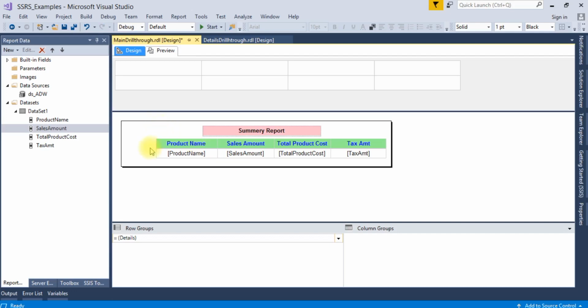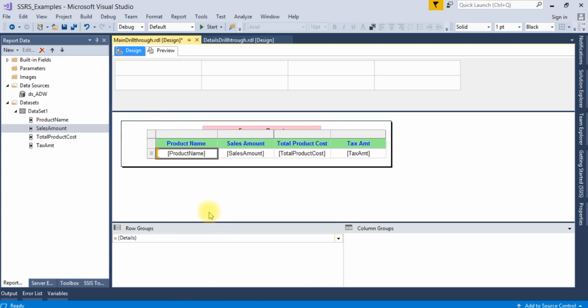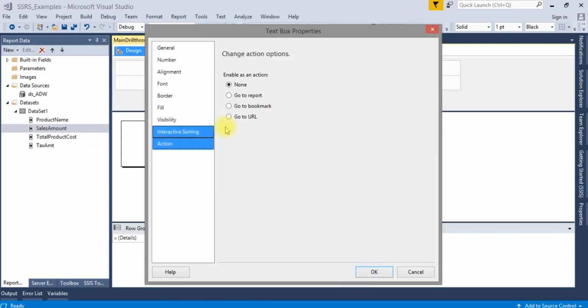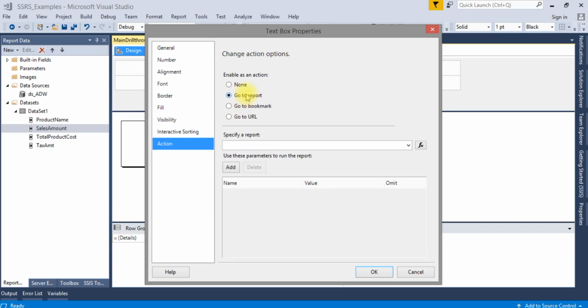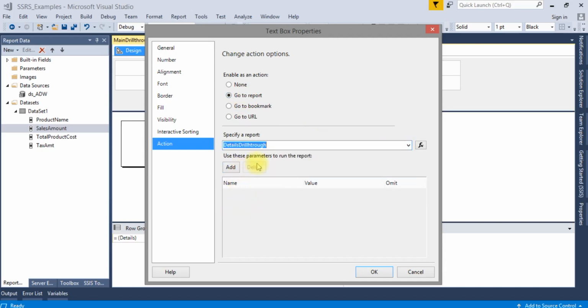Now here is the trick. Go to the text box in Action, choose go to report, and we need to select the report name. So here we will select details drill through report. We need to pass the value here.